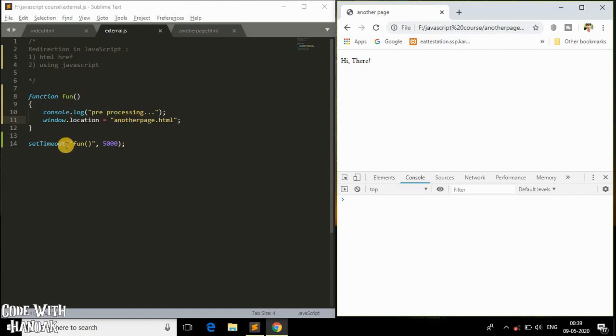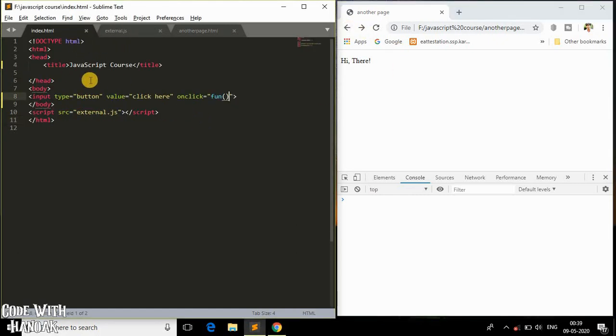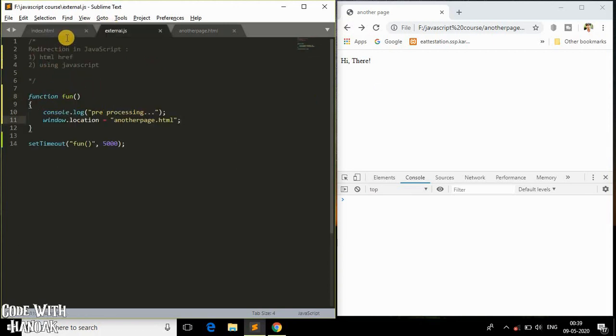What we call it is a function in JavaScript, right? So guys, again I have explained all of the things that come under redirection in JavaScript. We have also covered the traditional method of hyperlink, and with another page, and we also did it with JavaScript, right? You got that. So this is it, guys.